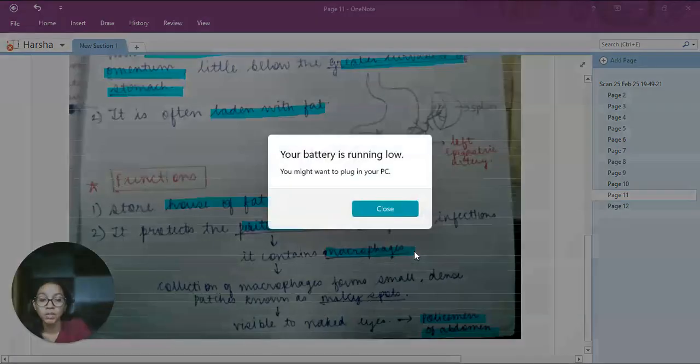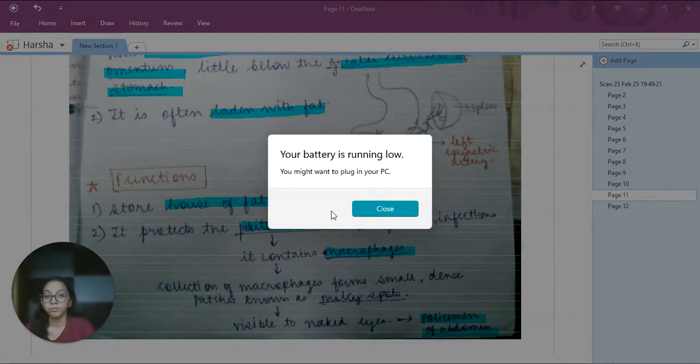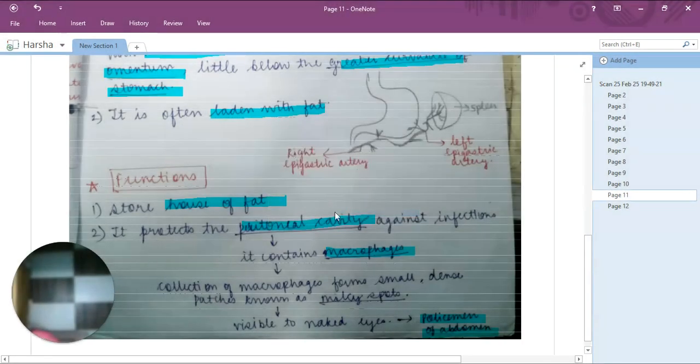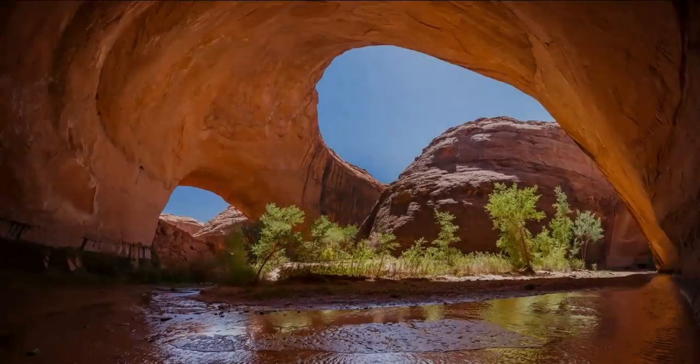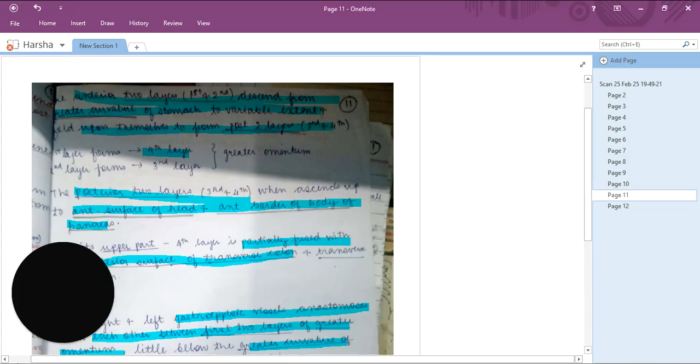It can move from its place and have its function over the other areas as well. So over here the functions of the gastroepiploic vessels have been explained. This is a collection of macrophages which occurs over here, due to which there are milky spots which can be seen, and because of these milky spots we can say that